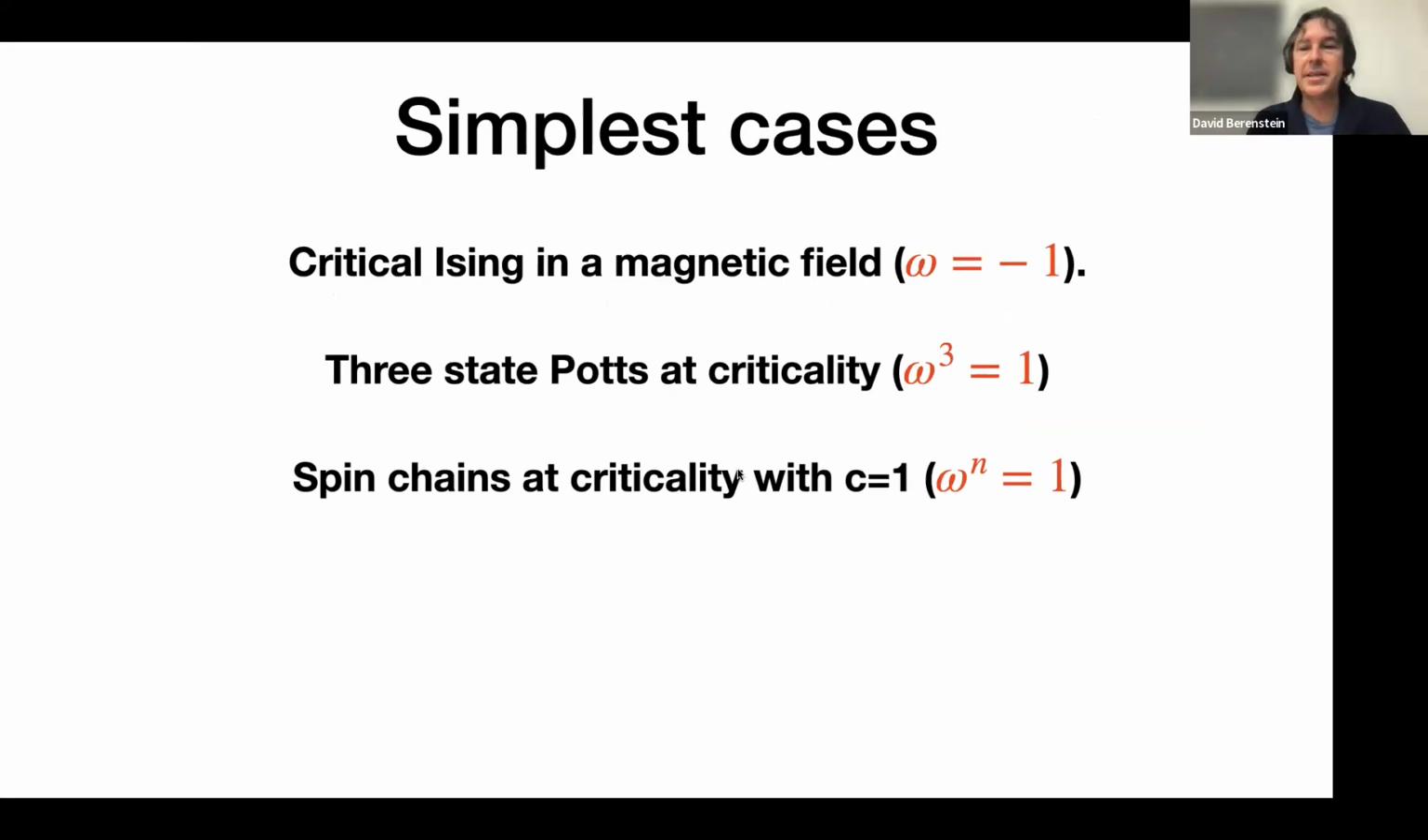For the next case, with cube roots of unity, you get the 3-state Potts model at criticality. It's also integrable. And then for n greater than or equal to 4, you get spin chains at criticality with central charge equal to 1, which is what the original Q variables would suggest if the calculation is in some